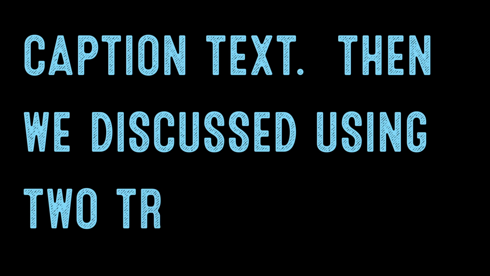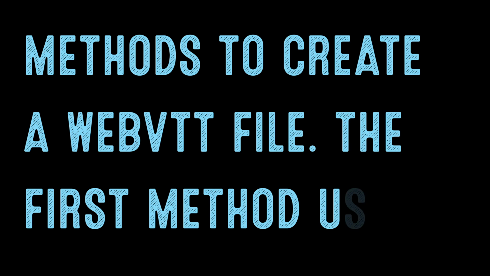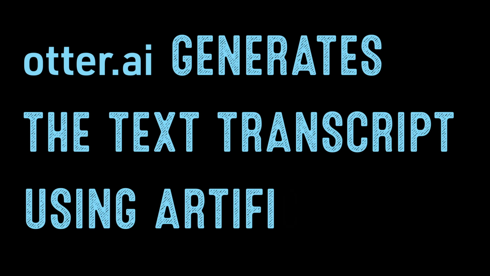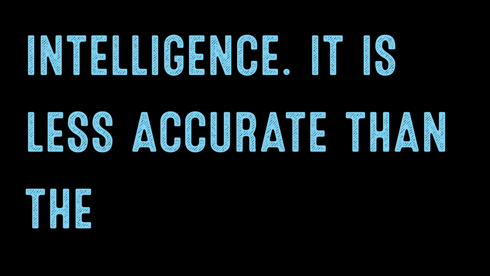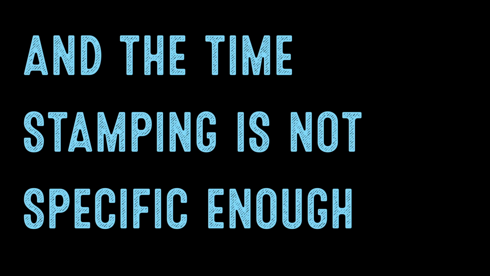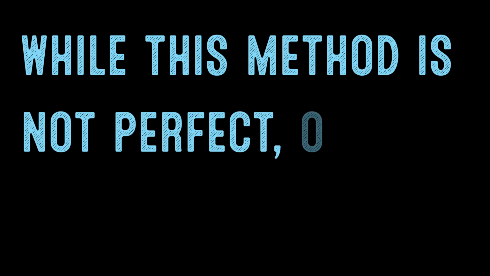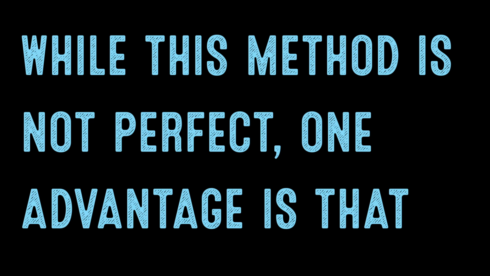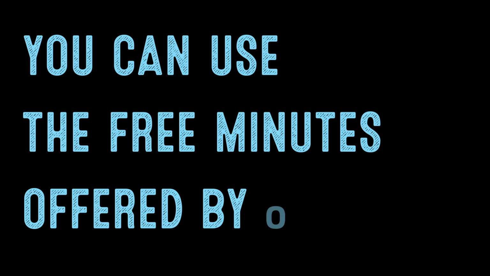Then we discussed using 2 transcription methods to create a WebVTT file. The first method, using Otter.ai, generates the text transcript using artificial intelligence. It is less accurate than the second method, and the timestamping is not specific enough to the milliseconds rounded to 3 digits. While this method is not perfect, one advantage is that you can use the free minutes offered by